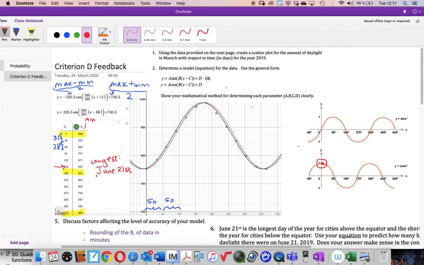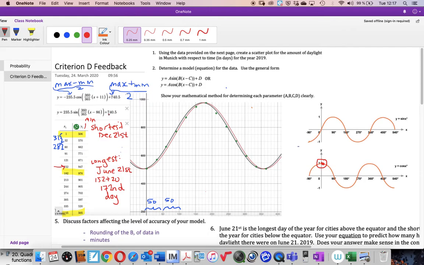So June 21st was 152 plus 20 days later, it was the 172nd day. Okay, so this would have been your longest value. What that means is your minimum, your shortest day, would be exactly half a year off of that. So it would actually be on December